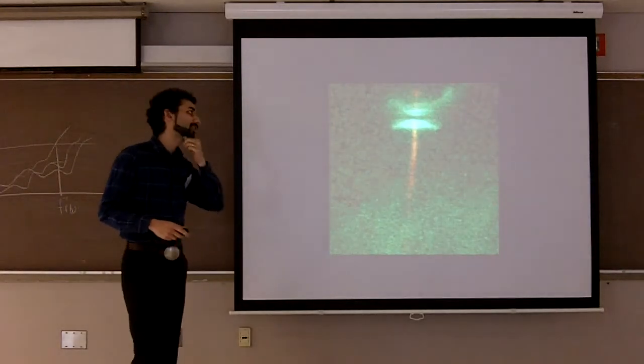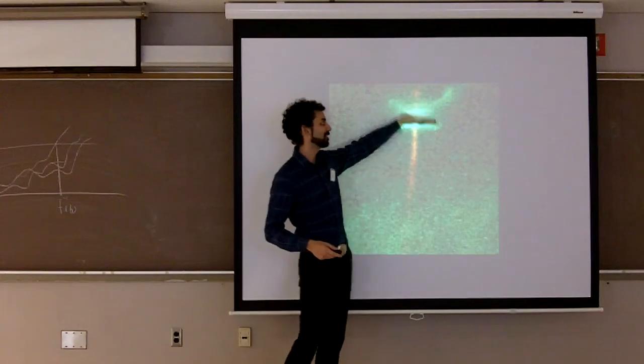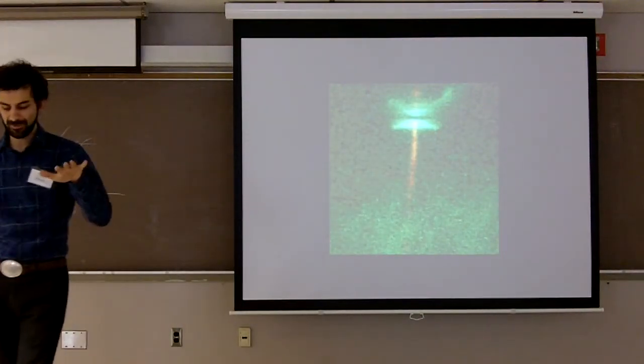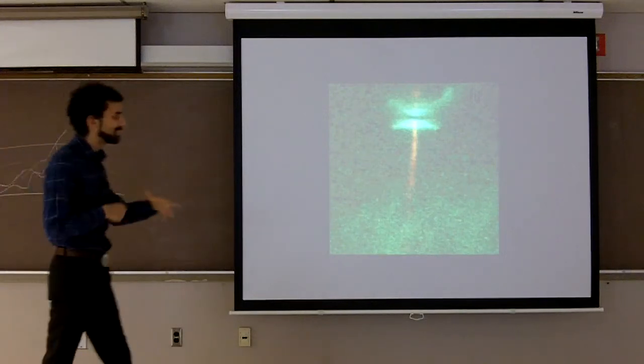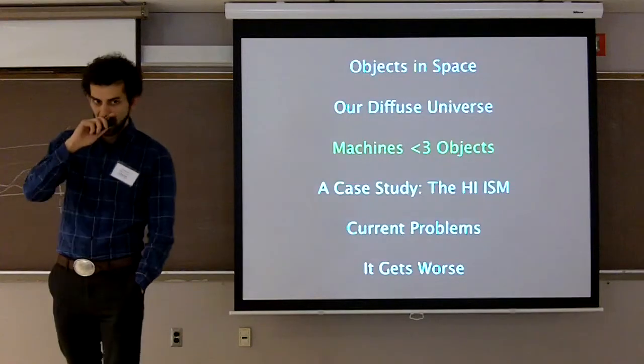And now zooming in even closer, you're looking at a single star with a jet coming out of it, and this darker area is a disk of very dusty gas, which is where planets form. So now we're getting all the way down to the Earth scale, if you will, where we're forming planets, and again, there's all this interesting information there.